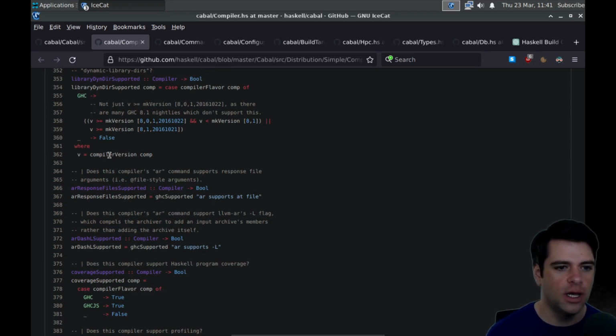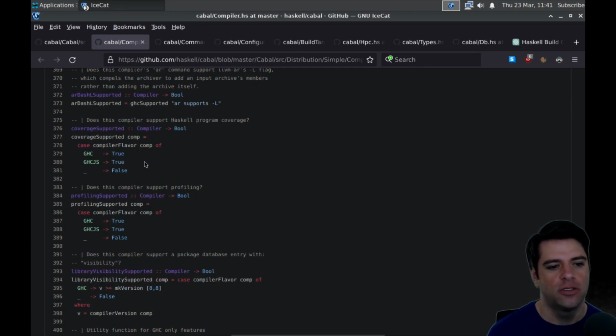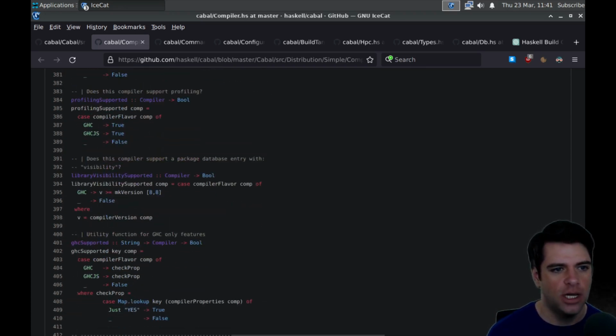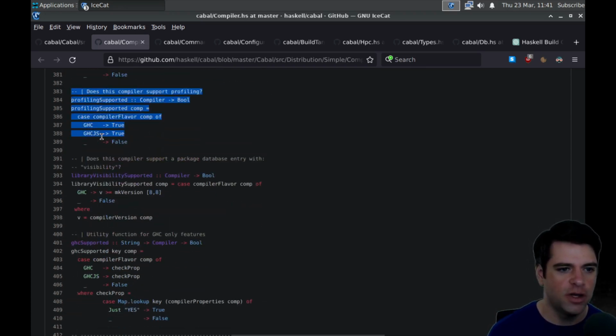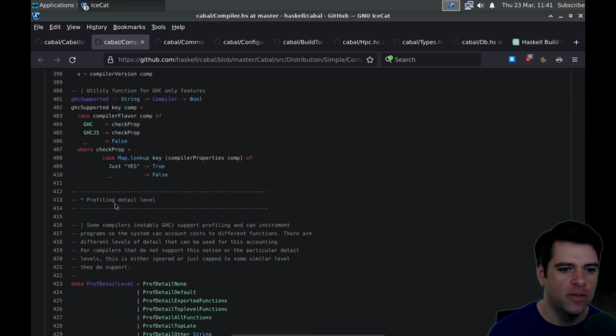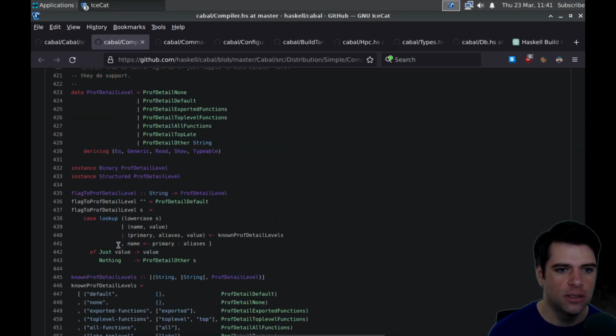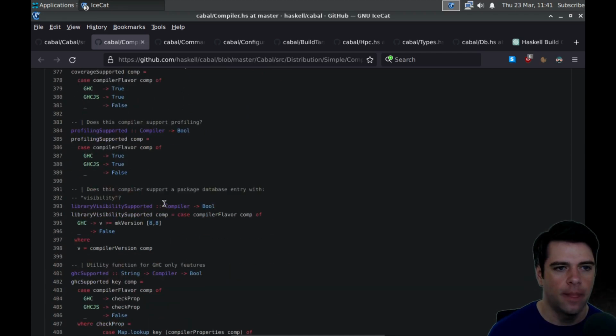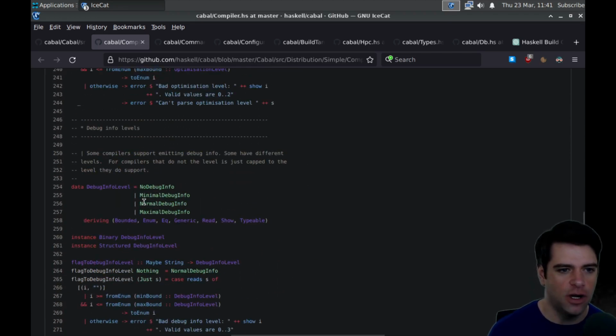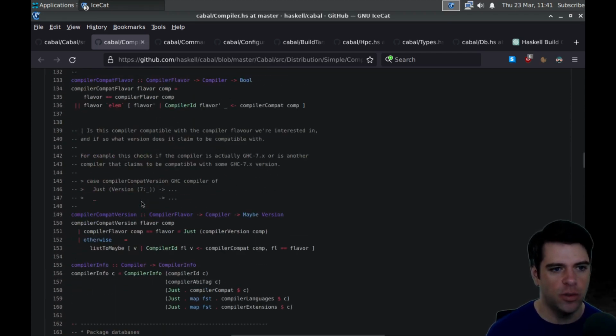Just scrolling through, does the compiler support the AR command? Or does the compiler's AR command support response file arguments? So stuff about the AR, which I think is the archiver. Does it support profiling? Here's a profiling detail sheet. Okay. I don't know how many compilers there are that this is dealing with, but certainly GHC will be one of them.